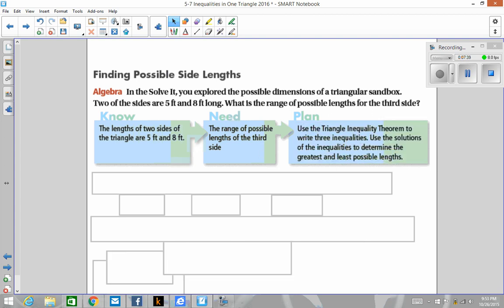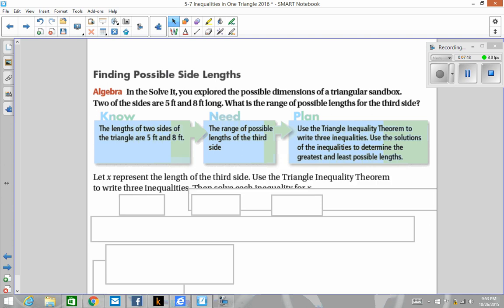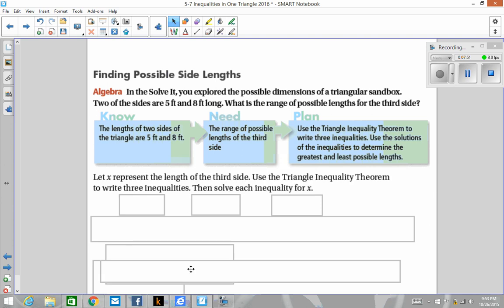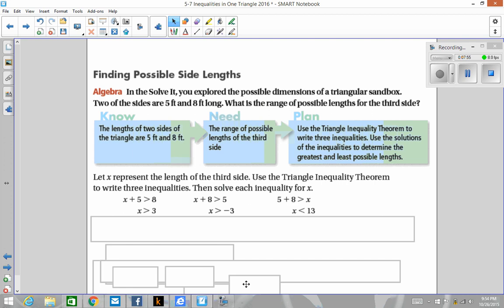And so our plan is to use the triangle inequality to write three inequalities and use the solutions of those inequalities to determine what's the greatest and what's the least. So if we look at our inequalities, we'll let x represent the unknown length. So we have this inequality, we have this inequality, and we have this inequality. You have to do it three different ways. Okay, and so when I'm done and I look at these inequalities, what's the lowest value possible? Well, there's a -3, but you can't have a negative side length, so that one is out of there. Can't use that one. So x has got to be greater than 3, but x has to be less